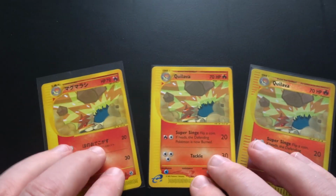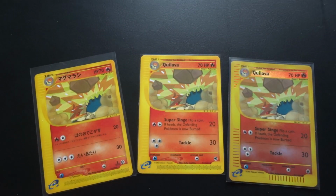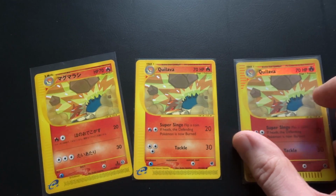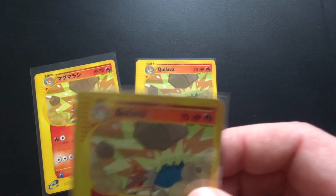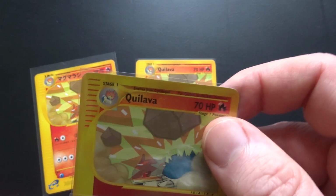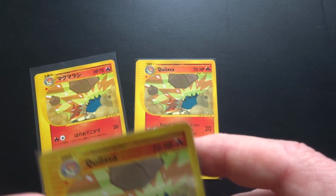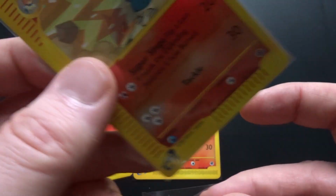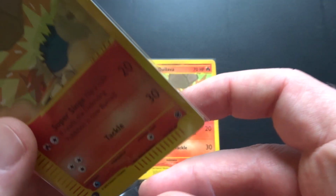And moving on to the last 4. So this is my number 4. And this card is by Asuka Iwashita, and is very graphic in style. And I rather like it. It came out in Expedition. Oh, it's double sleeved. I'm not going to take the inner sleeve off. So it came out in Expedition of September 2002